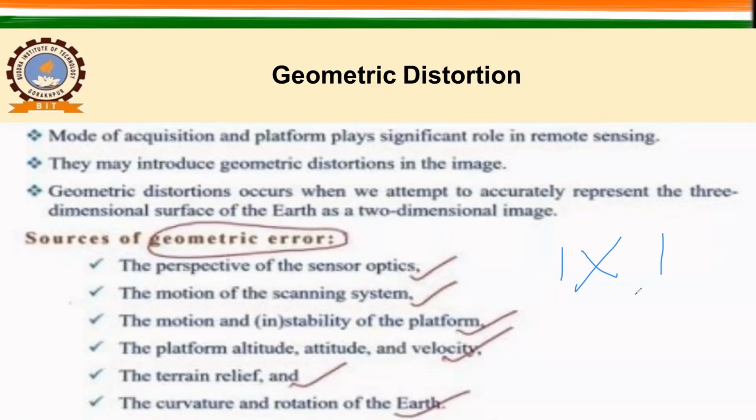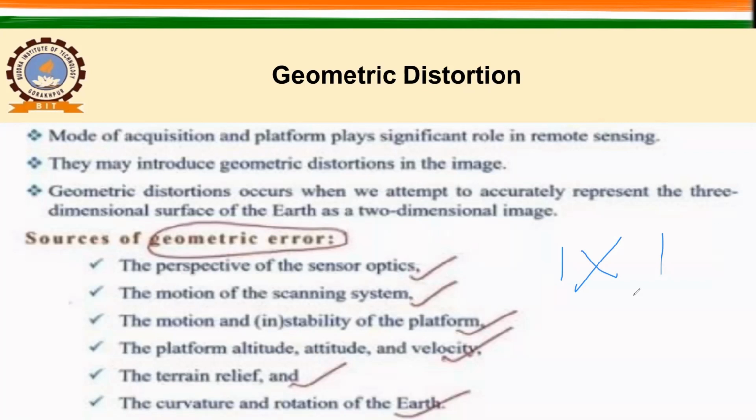So what I mean to say here, if this is flat land, then it is very good. But how do you remove it? So one thing that we have seen, that you can remove the effect of the slope. But what happens when this particular tree is supposed to be at another place, but it has been recorded here because of the topography or change in the platform?